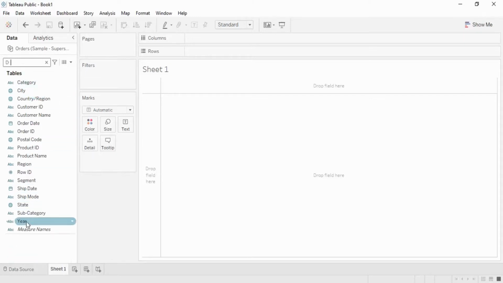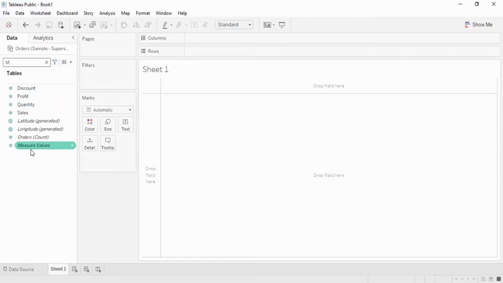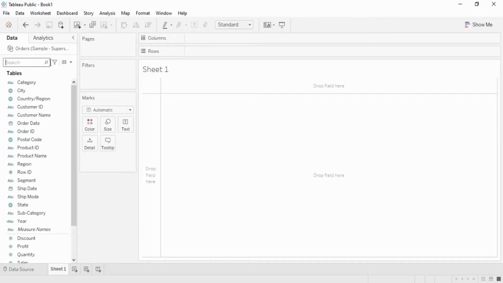Now if we talk about the dimension, these are the dimensions that we are having. If we remove it and talk about the measure, so these are the measures we have. The dimension refers to the discrete dimensions and measures refers to the continuous measures. If you remember, we talked about two things in the starting, and the sales was in the continuous values. It has been represented by a green color in Tableau, that means it has continuous values. However, other things which are a part of dimensions, actually let's just select dimensions, they are represented by the blue colors. That means they have discrete values which are not related with one another in any form.